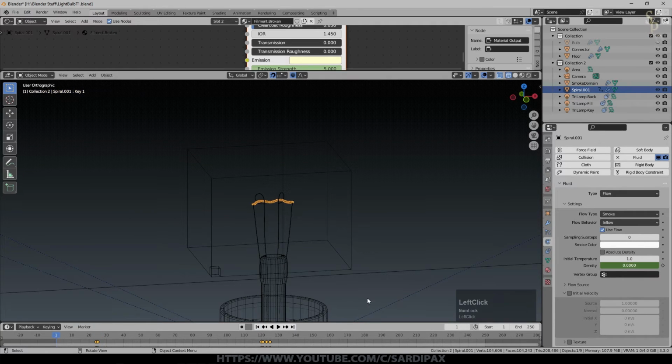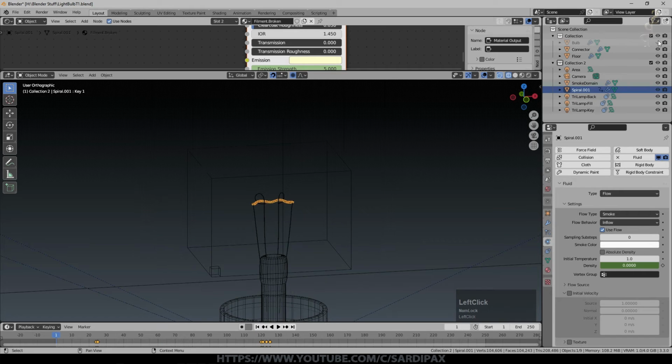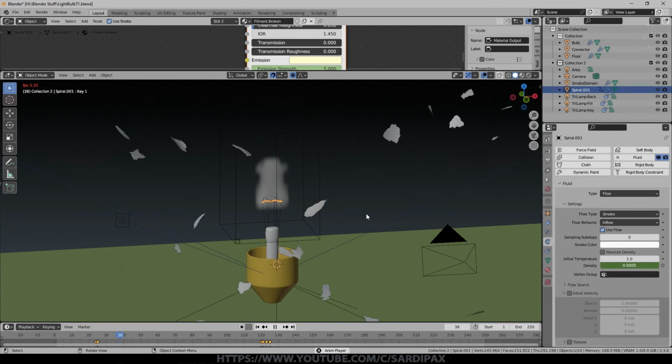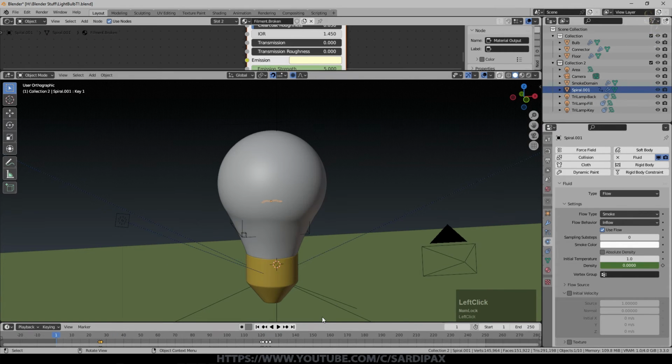I'll go back to the beginning and we'll just let that play. And you can see that's when the smoke actually starts. And that of course is just as our bulb explodes. If I go to solid view, there's the bulb exploding, there's the smoke. We might even want to go slightly later than that. I double press A there to deselect all the keyframes and then just select those 2 keyframes. Maybe I'll move them forward, just press G, just a couple of frames, so it's not instant with the explosion, it's a few frames later.